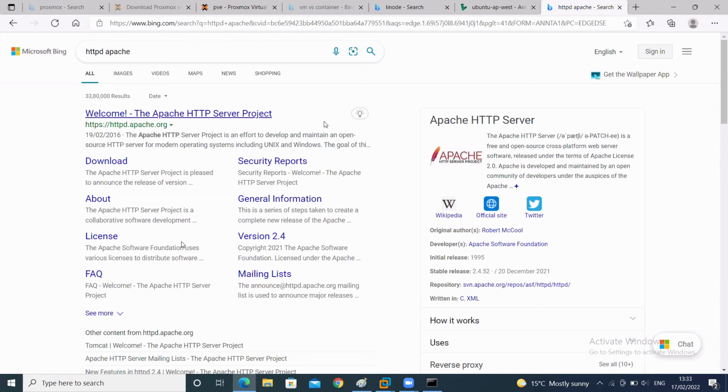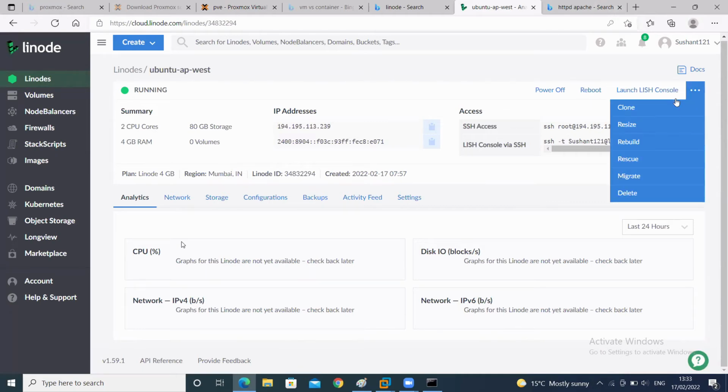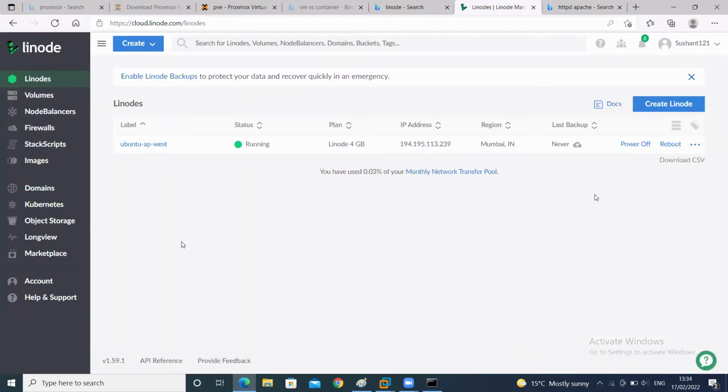You will choose it in a normal way also. Delete this. In the billing section you will see the bills.